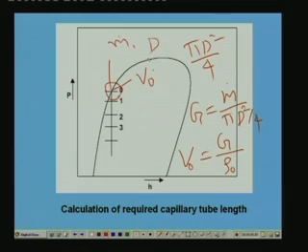Okay, so I can find out V naught. Similarly, I can find out other properties like specific volume at this point, viscosity at this point, right. So all the properties are known because I know the state exactly. Since the state is known to me, we can find out all the points, and we can also find out